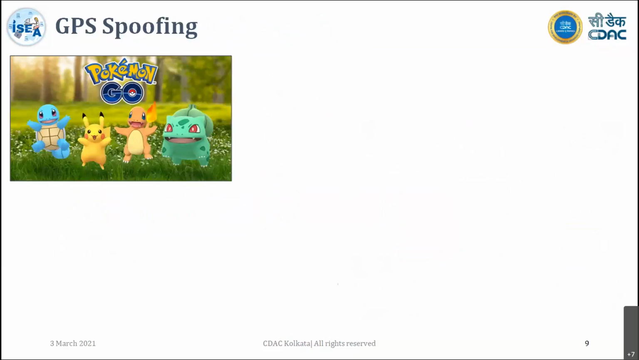Now coming the next part, GPS spoofing. I hope that image is at present visible. Many of you, rather all of you, are accustomed with that image I have taken from the very famous game Pokemon Go. If you are not aware about this game, it's basically when you walk around, not cycling or being in a car,